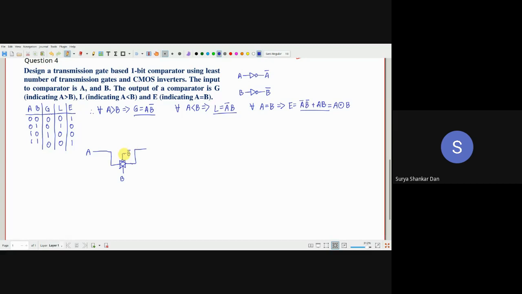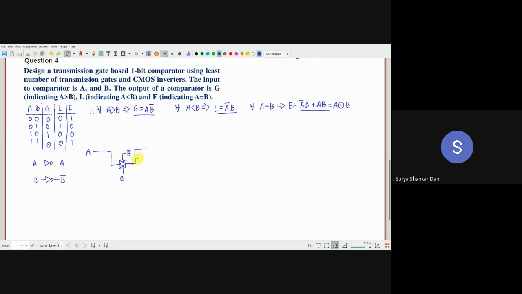So in these kind of problems, first you draw these two. These are very, very important. Because remember, you have been provided only with AB signals. So you need two inverters to convert them into A bar, B bar. And once those signals are available, then you can go ahead for this design. All right. So this one is done, okay?